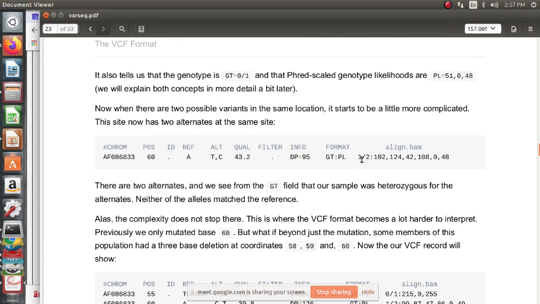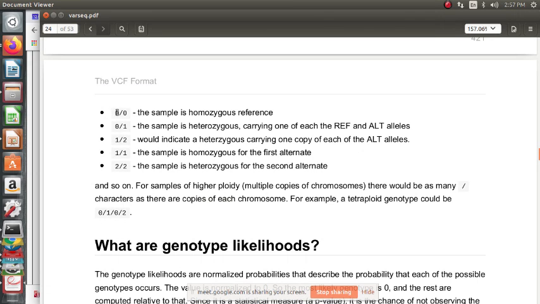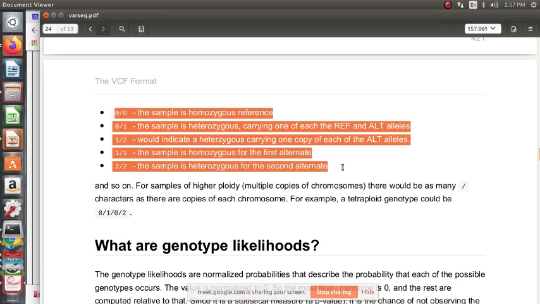So here we will interpret this quickly, as you can read in these examples. 0/0, the sample is homozygous reference. 0/1, the sample is heterozygous, carrying one copy each of the reference and alternate alleles. 1/2 would indicate a heterozygous carrying one copy each of two alternate alleles. 1/1, the sample is homozygous for the first alternate. 2/2, the sample is homozygous for the second alternate.